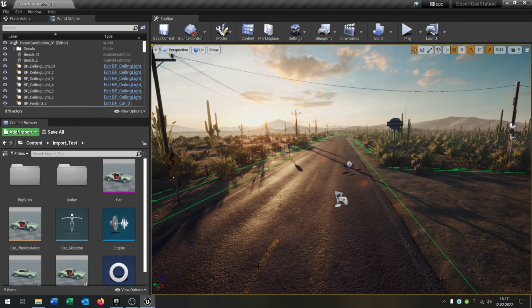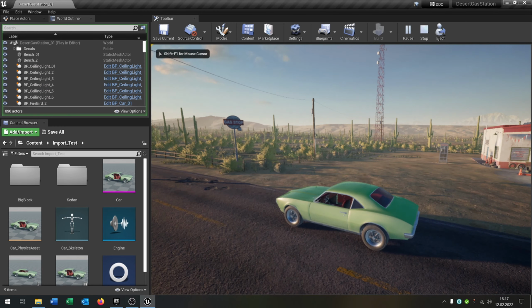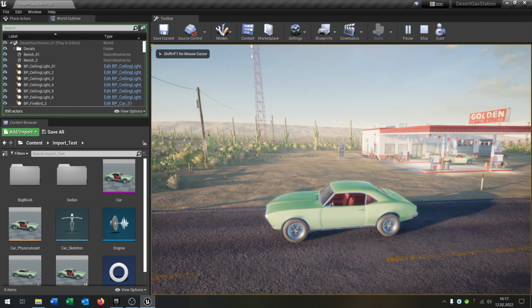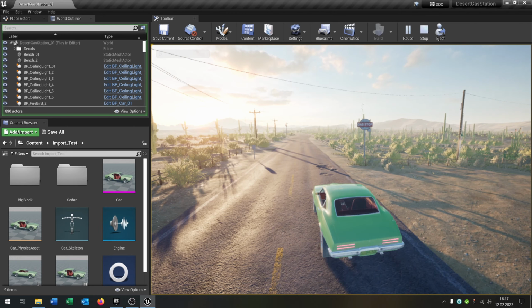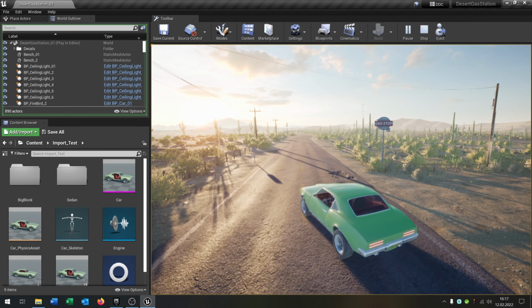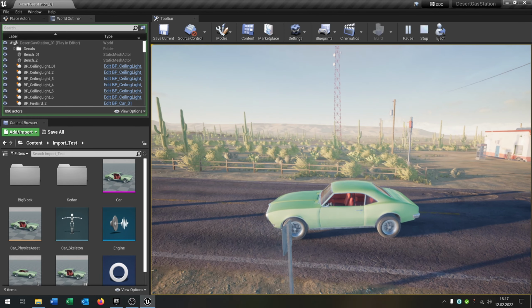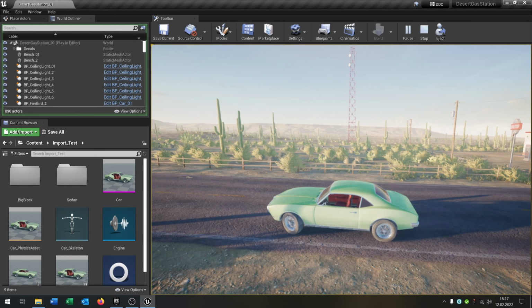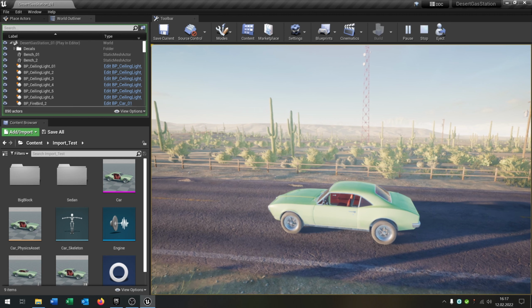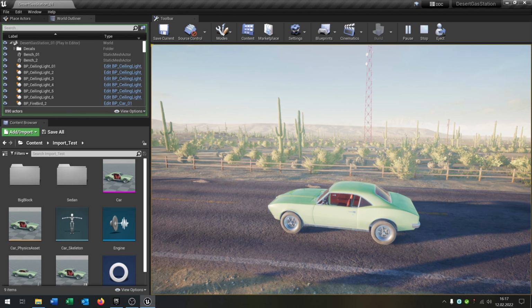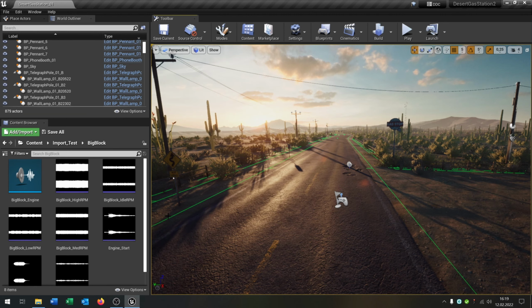In this tutorial I want to show you how you can implement some car sounds. So the car is starting, you hear the engine, and it works with the RPM. Great, let's go. So first of all we need some sound files, and we have the engine start, we have